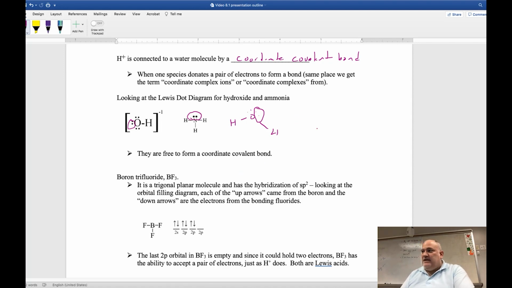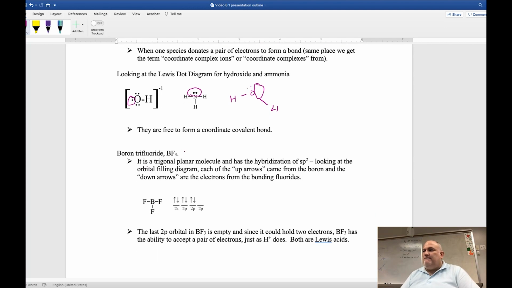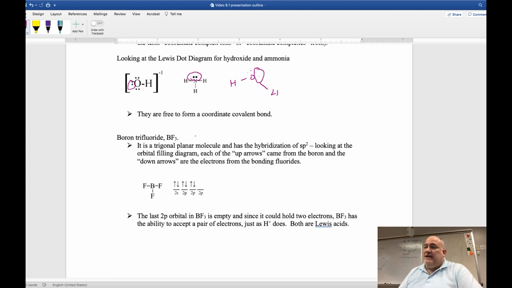Now I'm going to come back here in just a second and show you how this works. But let me take an example of boron trifluoride. This is an example of a Lewis acid. Now I said that we're not going to cover Lewis acids and bases because they don't need to be defined, but I want to show you how this works so you understand what H3O+, or the hydronium ion, actually is. So if we were to take a look at BF3 and put them together, now this right here,